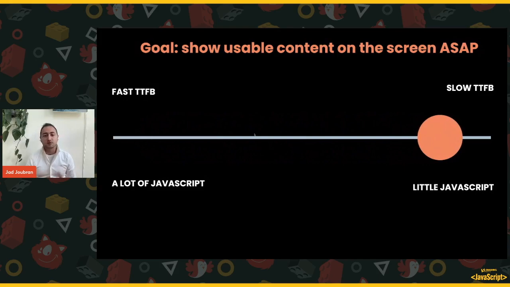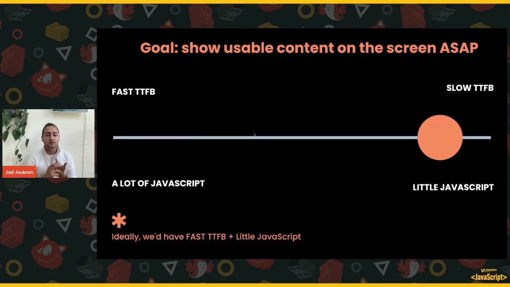In some cases, you really are able to have the best of both worlds, and that is fast time to first byte and little JavaScript. So how do we do that? Again, it's not always possible, not always feasible, but in a lot of cases, you can do some changes, tweaks. And to show you how,